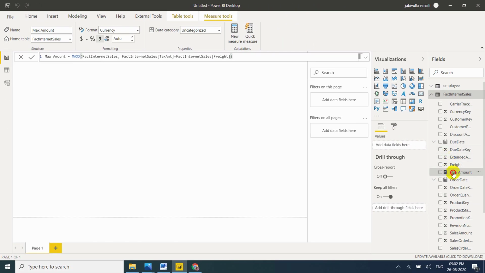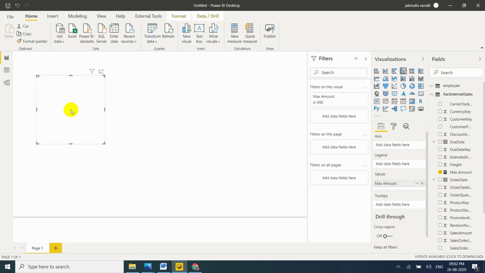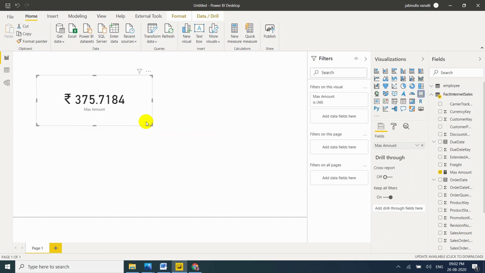Now drag to report view. To display the number, change it to a card. This is the maximum amount.